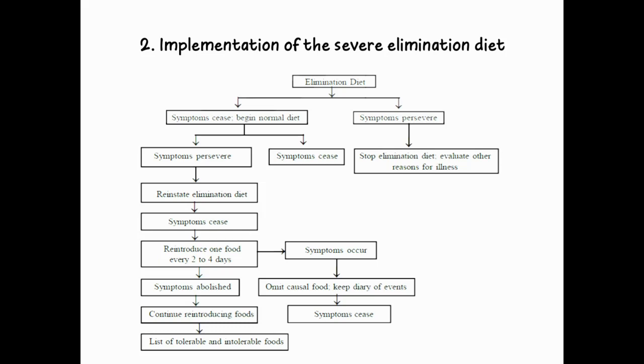So this is how a severe elimination diet works. Okay, in the initial approach, after the introduction of the elimination diet the symptoms persist, so we stop the elimination diet and evaluate other reasons for illness. This is a very short approach. And the other one, in which the symptoms cease and then we begin a normal diet and see what happens after beginning the normal diet, is a longer approach. Okay,